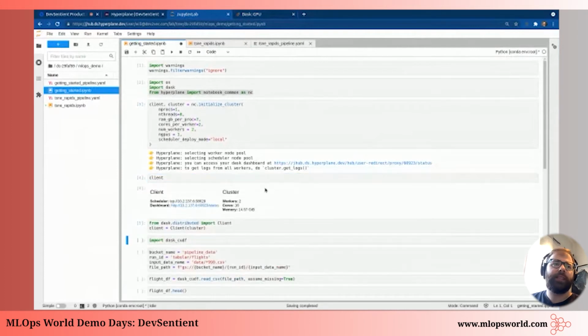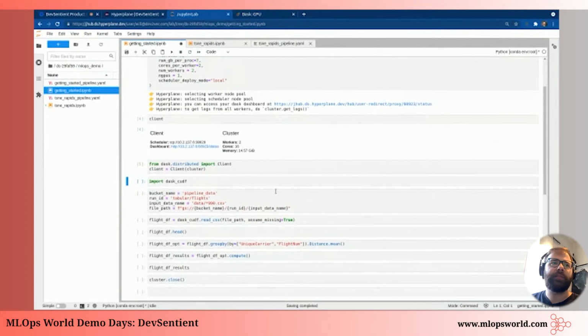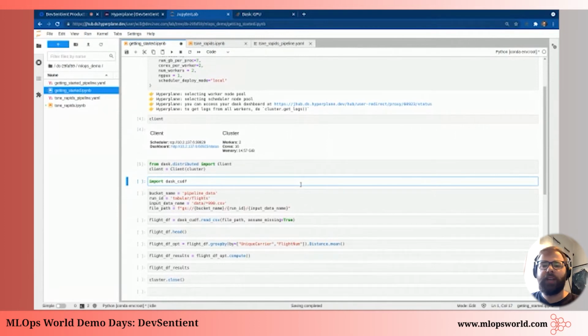I'm going to import the Dask distributed library so I can interact with the cluster. And here I'm going to import the Dask cuDF library. This is an NVIDIA Rapids library, and if you're familiar with the Dask data frame, this has a very similar API. The Dask CUDA data frame is a Dask data frame that can run on the GPU. So I'm going to import that library, and I'm just going to read in some flight-related data. You can see here I'm using Dask cuDF to do that, so I'm reading the data straight into the